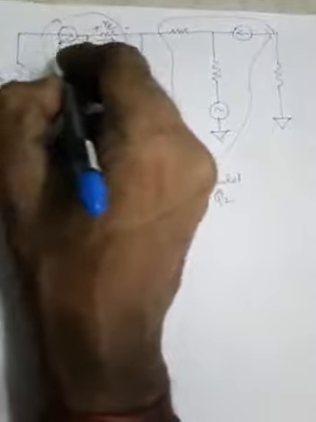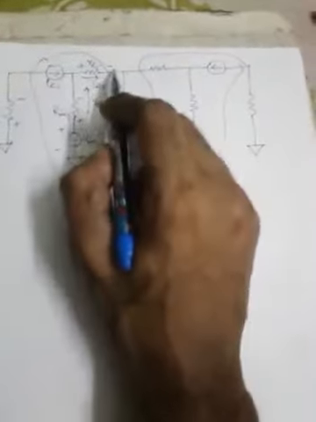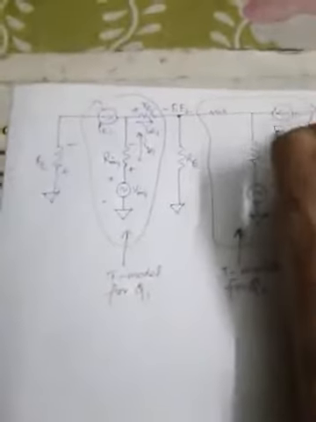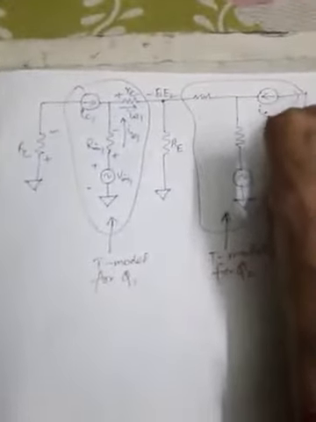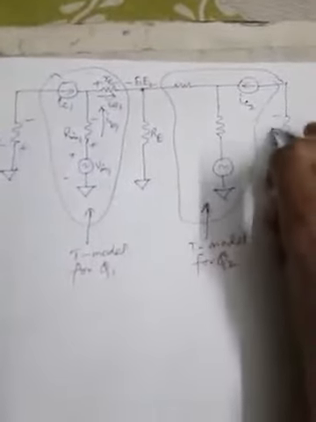The current, as per the direction of current flow, this side is plus and this side will be minus. So this is the collector terminal, base terminal and emitter terminal for the Q1. The emitter terminal for Q1 and Q2 is the same, which is this node. So therefore this resistance is nothing but RE, emitter resistance, and this is the collector terminal. So this is IC2, this side is plus and this side is minus, and this is RC.